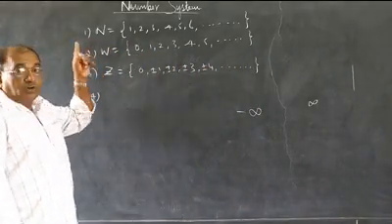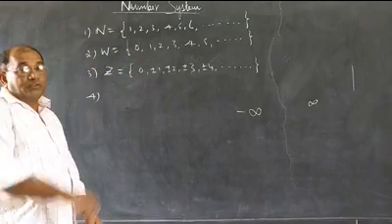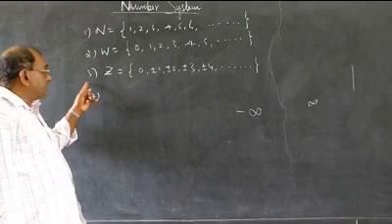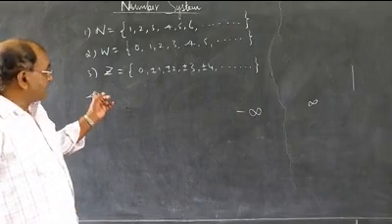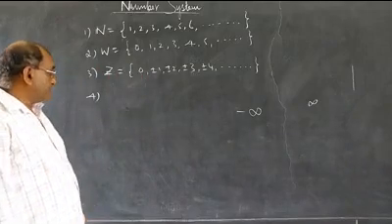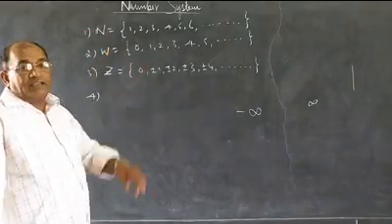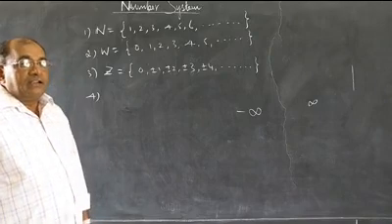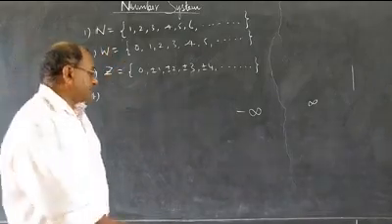Further, we learned about the set of whole numbers which contains the digit 0. It also can go up to infinity, finite or infinite. Further, I stopped at the set of integers denoted by Z, which contains positive numbers, negative numbers along with 0. And I stopped at how these numbers can be represented on a number line. Today, a little more further, we learn about another set of numbers.